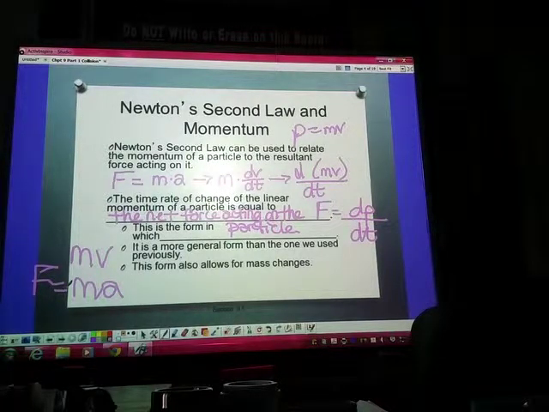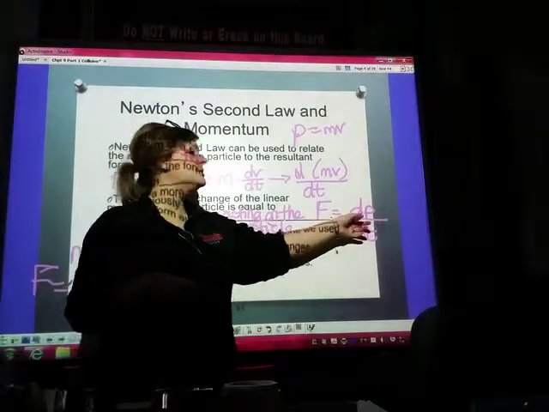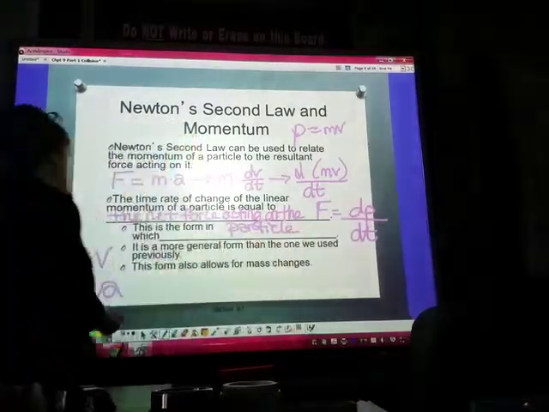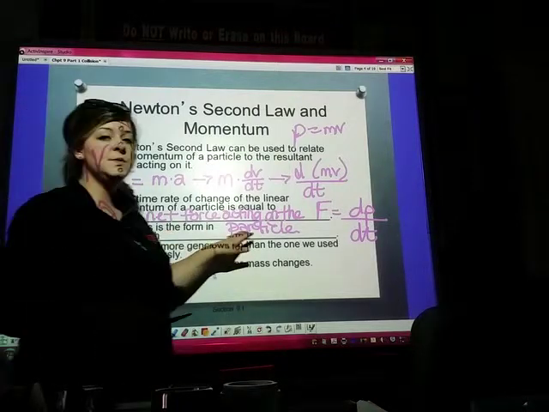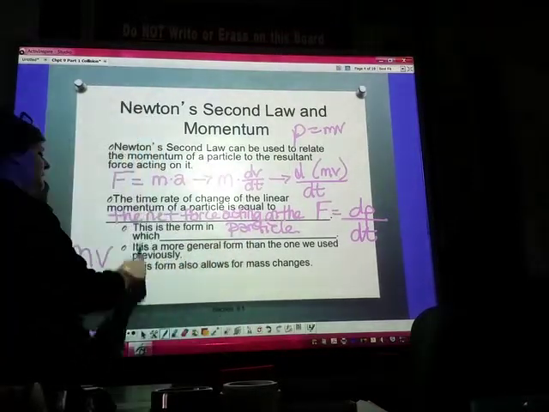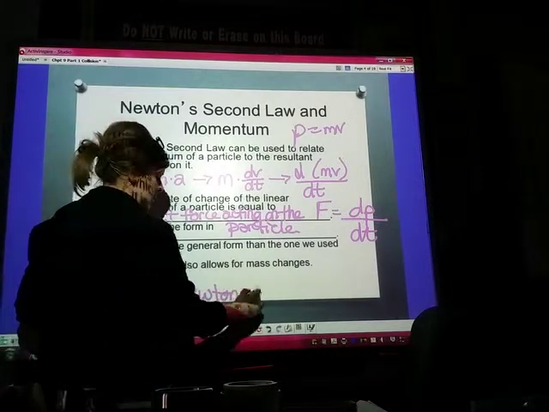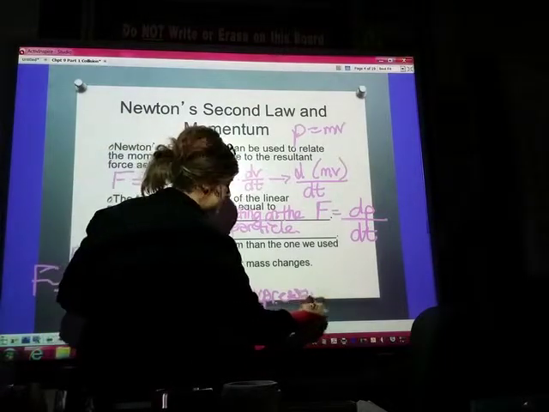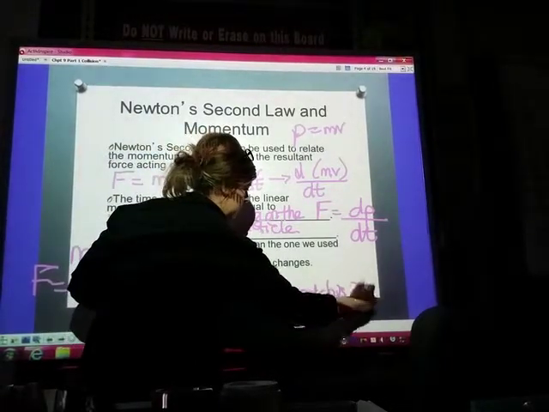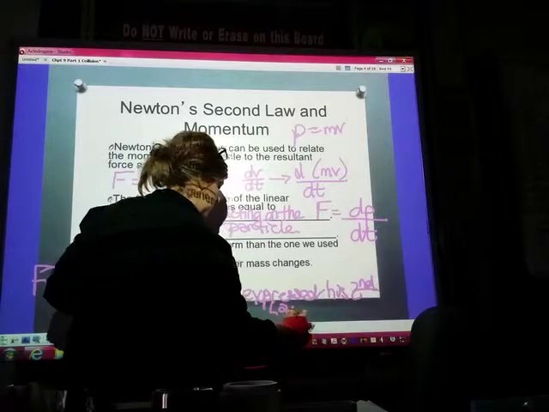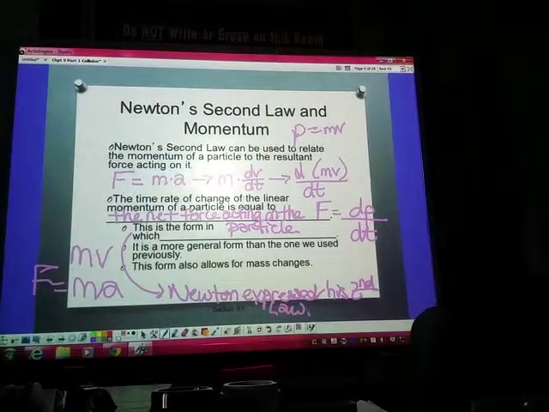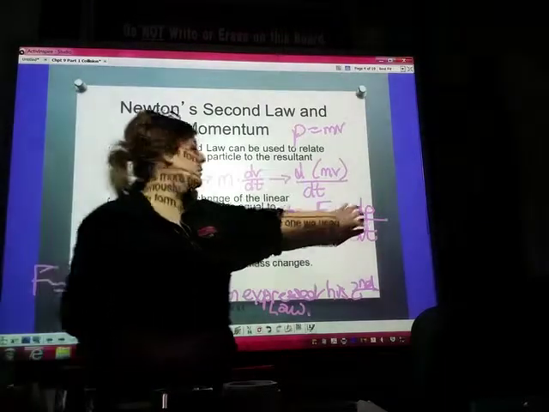So it's this type of logic or thinking that force is really just the derivative of momentum. This is the form in which Newton expressed his second law. It is more general than the form that we have used previously,